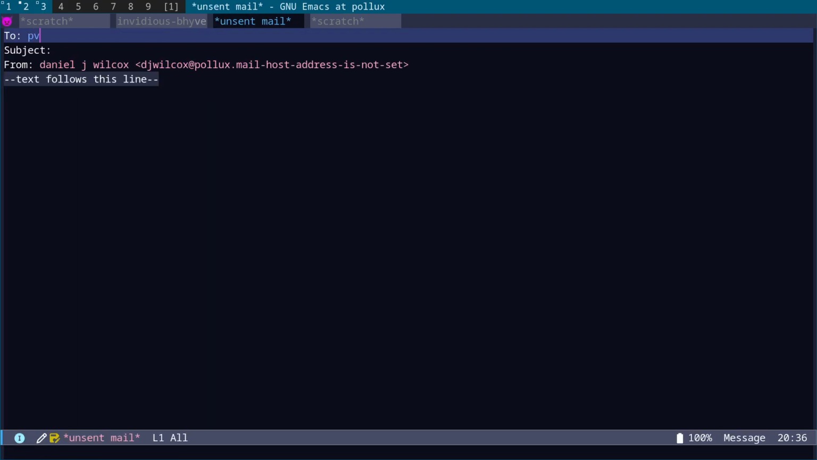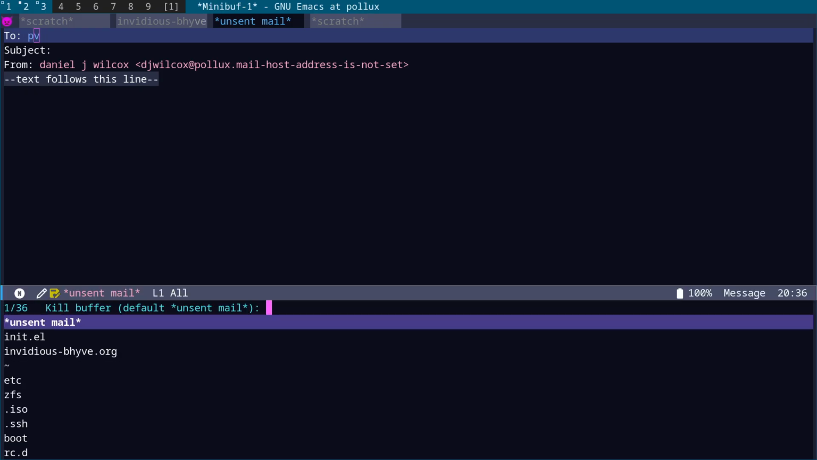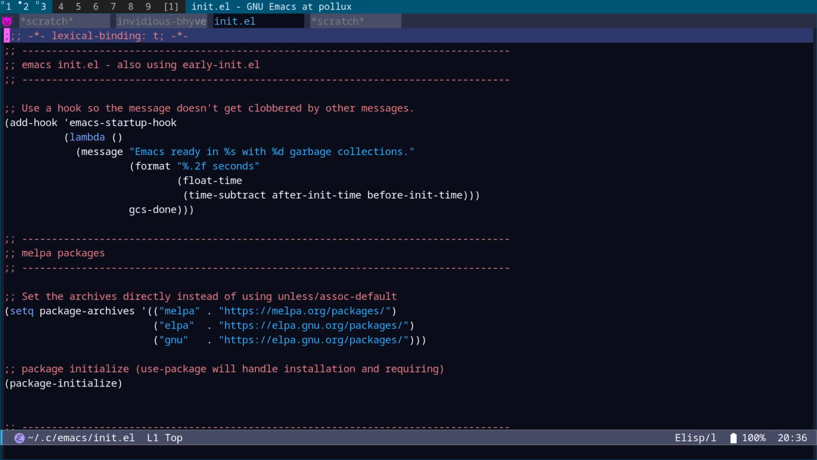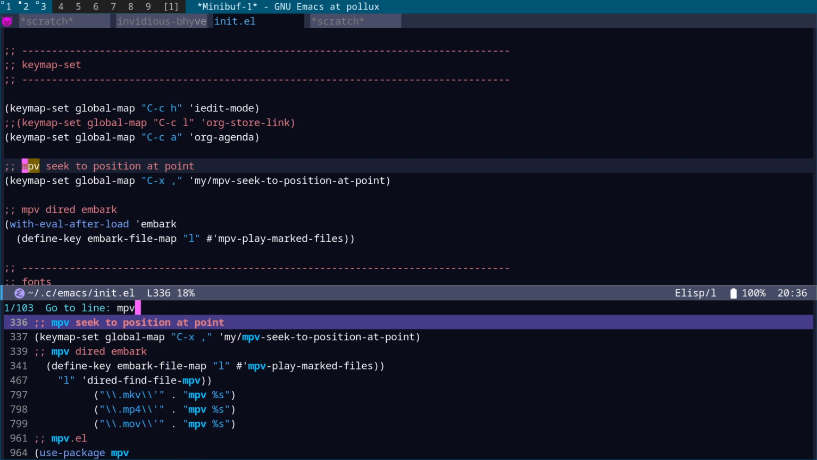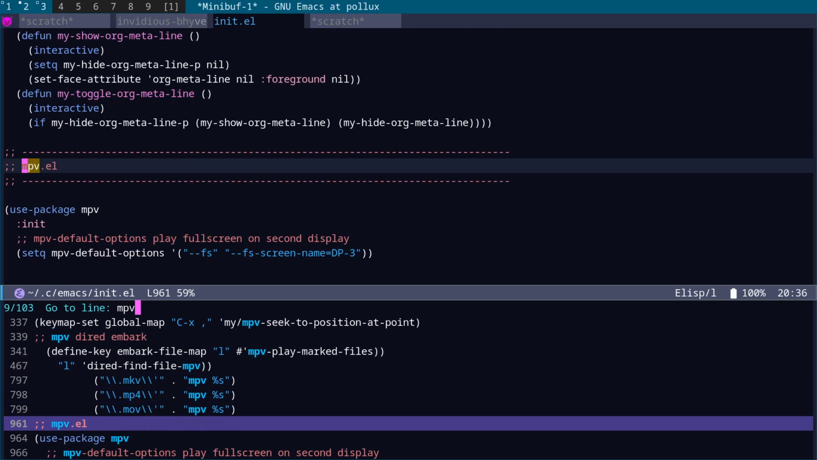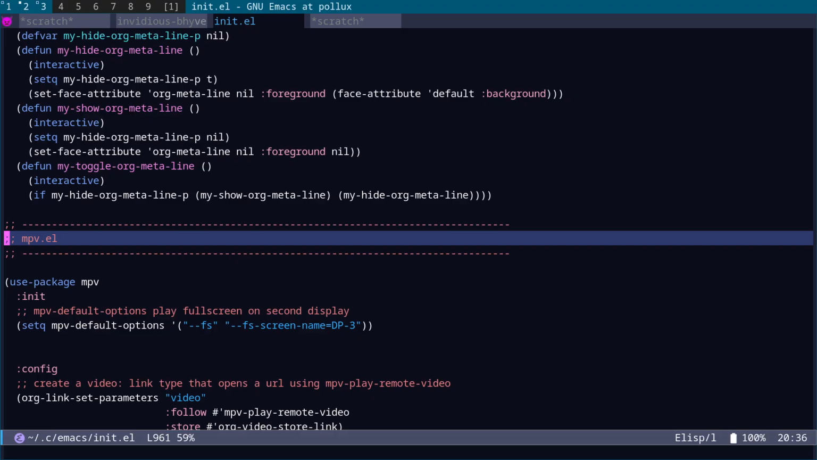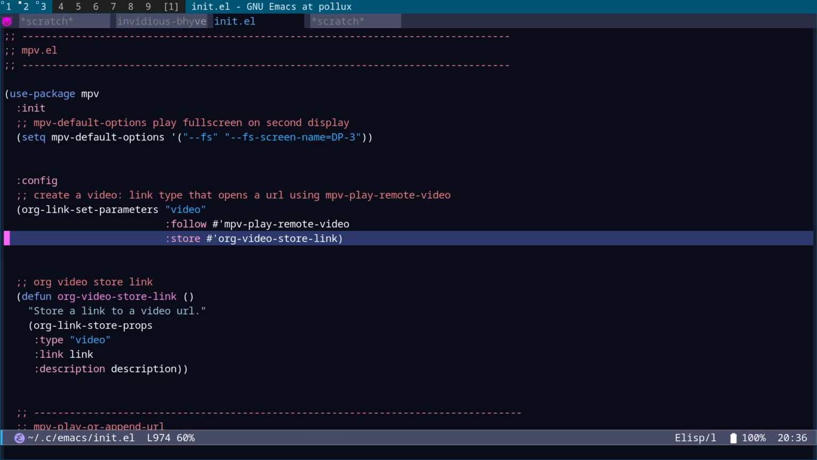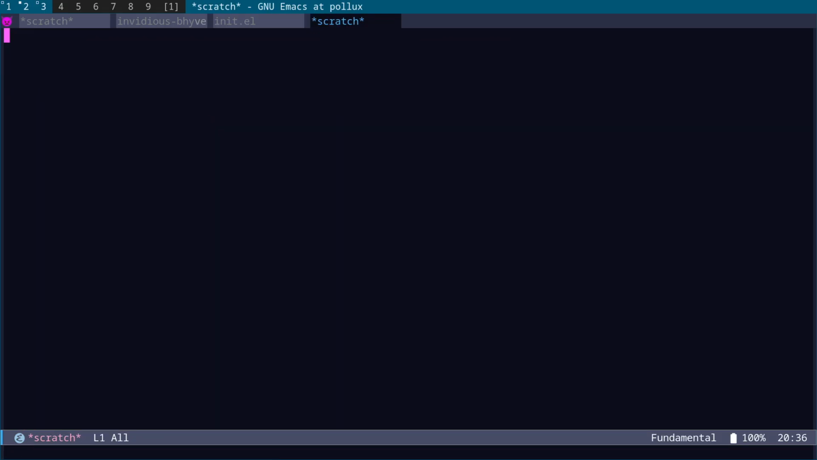We had all the... We had the MPV seek to point, the diode settings, and then the MPV settings for the screen, the links, was it? And the other thing is those links actually also work with